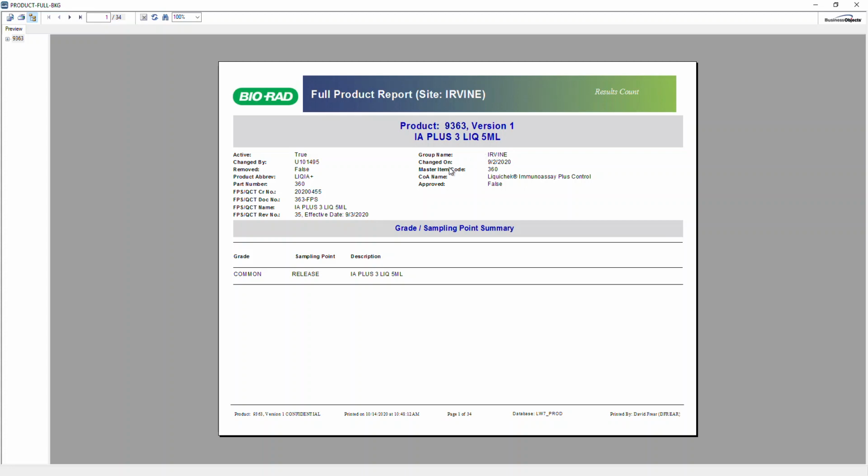This is, again, background information for LabWare. It's in the Irvine group of products. Again, we talked about the change done in master item code. C of A name, this is the name, the FOC name, or the name that will appear on the customer-facing documents. And then we have, again, background information for LabWare: grade, sampling point, and the description, which matches